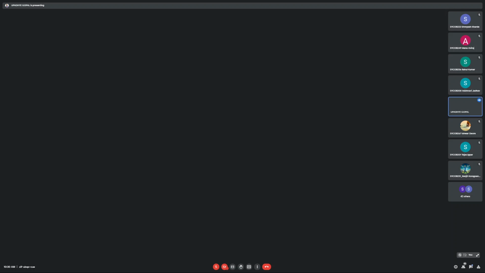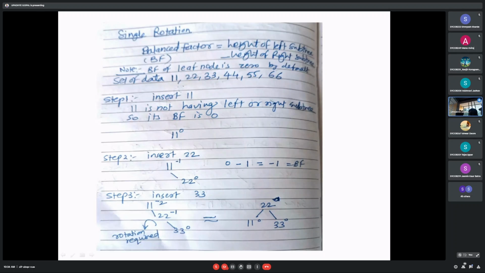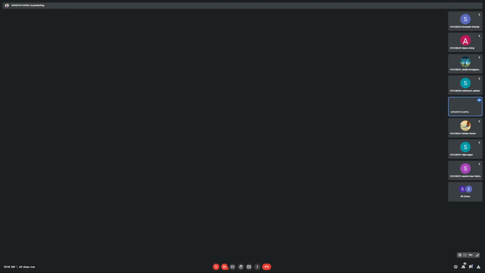Now we have to calculate the balance factor. As I said, after every step, we have to calculate the balance factor. So the balance factor of the leaf node 33 is 0. Now, the new balance factor of 22. Previously it was 0. Now it is becoming a root for 33. Root means subtree of the 33. So its balance factor is height of left subtree, there is nothing in the left subtree of 22, so 0 minus height of the right subtree, that is 1. 0 minus 1 equal to minus 1. That's why on top of the 22, you can observe minus 1 is written there.